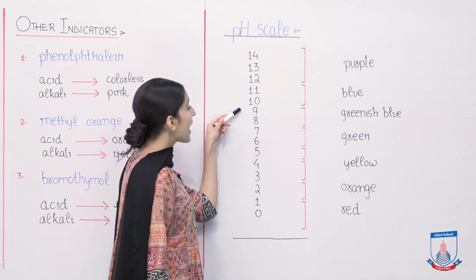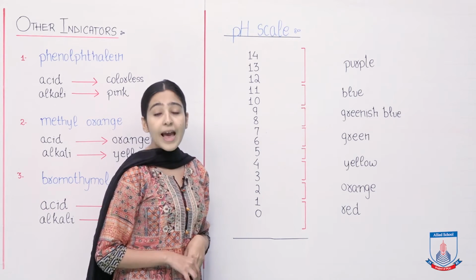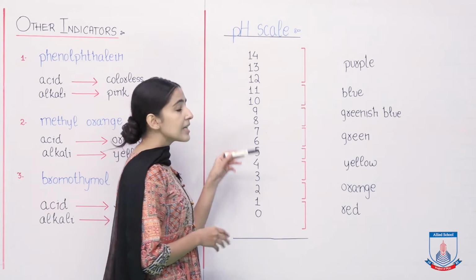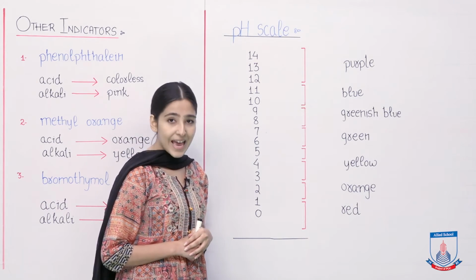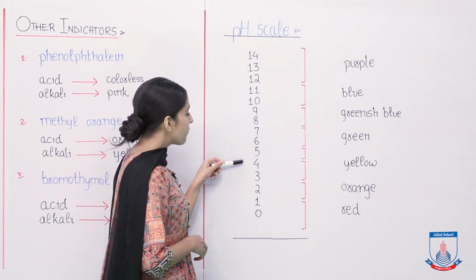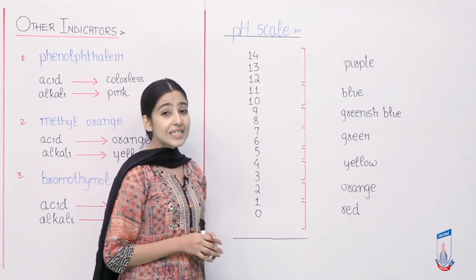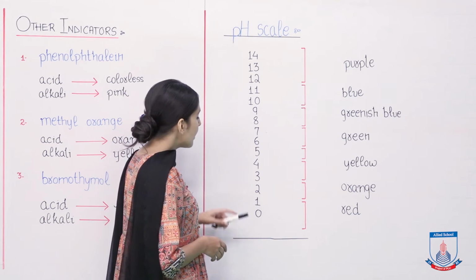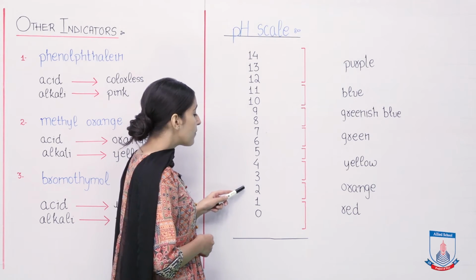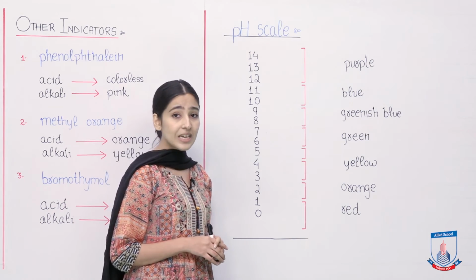With the solution that has a pH of 8, 7 and 6, the color will be green and this lies in the neutral category. This is the turnover point. We are moving towards the acidic solutions. A solution with the pH 5, 4 and 3 has the color yellow or orange. These are weak acids. While with the pH 2, 1, 0 and negatives, we have a red colored solution, and that indicates that this is a strong acid.